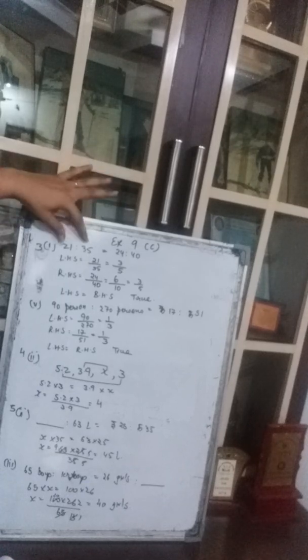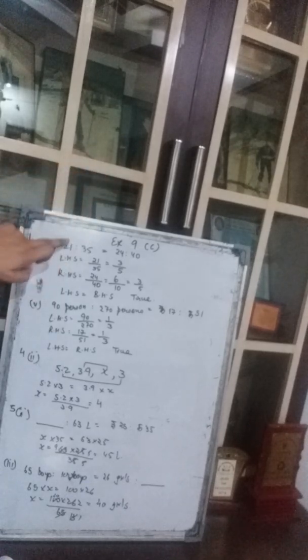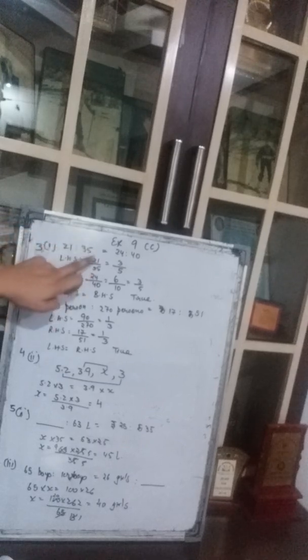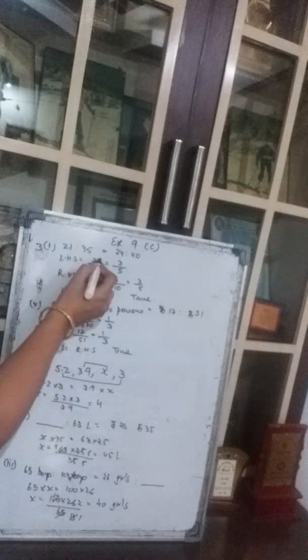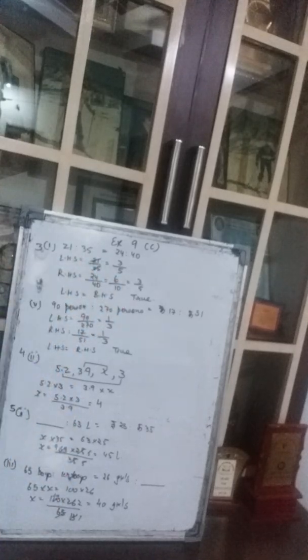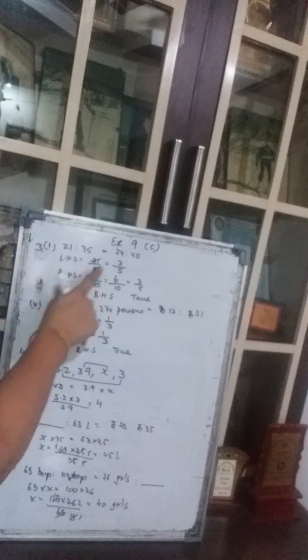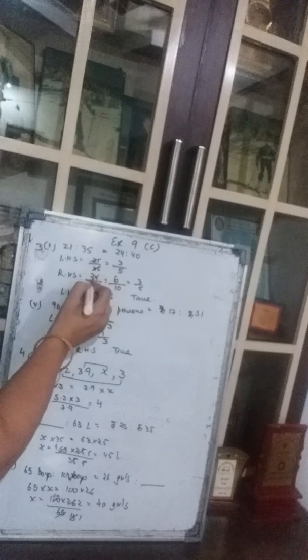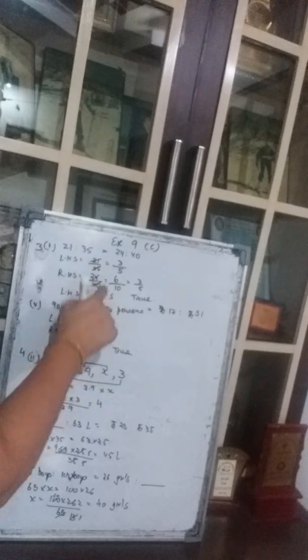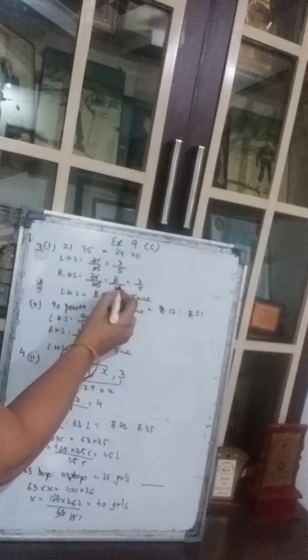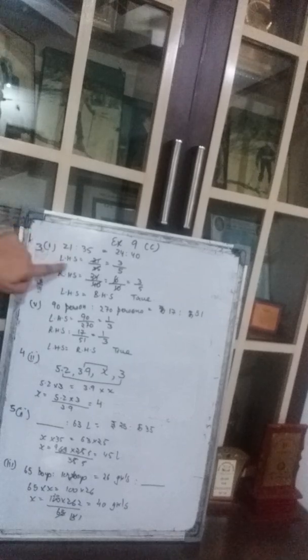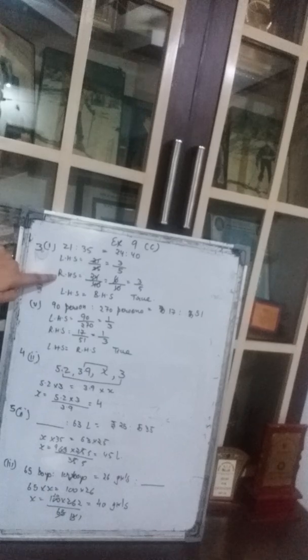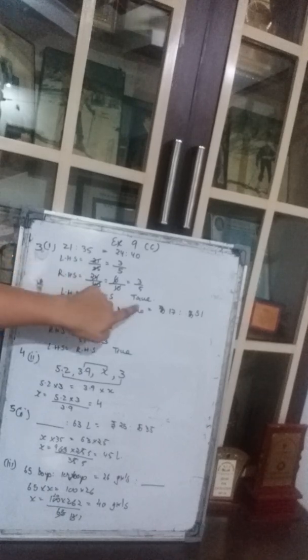So you can take the left hand side. You can see the ratio of 21 and 35. So 21 upon 35 gives you 3 upon 5. Let's cut it by 7: 7 threes are 21 and 7 fives are 35. And what is the right hand side? 24 upon 40. Let's cut it by 4: 4 sixes are 24 and 4 tens are 40. And then you can further cut it by 2: 2 threes are 6 and 2 fives are 10. So that means the left hand side is equal to the right hand side. So you can say yes, this is true.